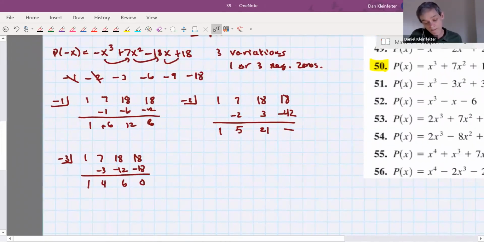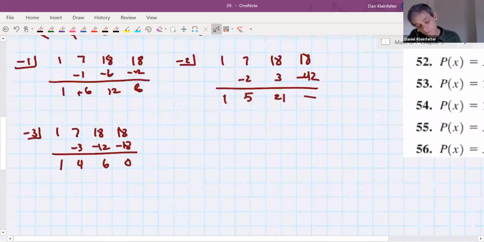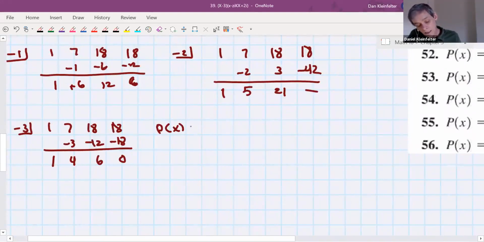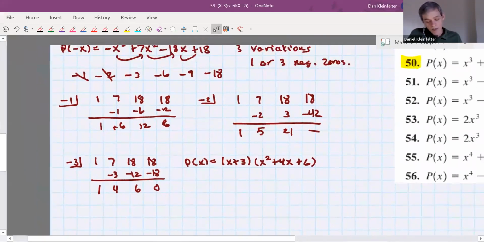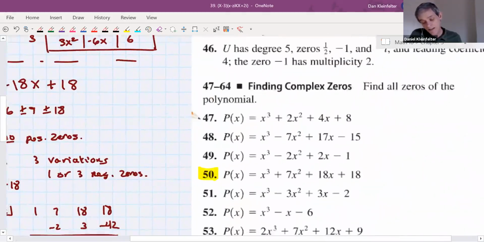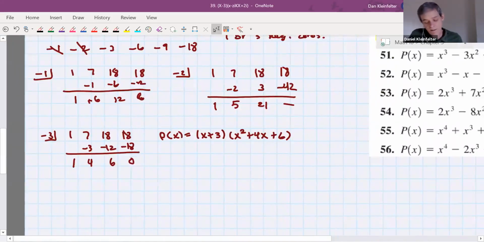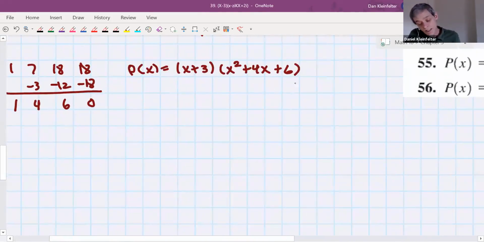So we're able to partially factor our f of x. What was it? I was calling it p. So our p of x looks like x plus 3, based on the fact that negative 3 was a 0, and then x squared plus 4x plus 6. Okay. All right, so there is our partially factored directions. It said find all the zeros, so I'm not going to stop there because we haven't found all the zeros yet. So to find the zeros of the last part,